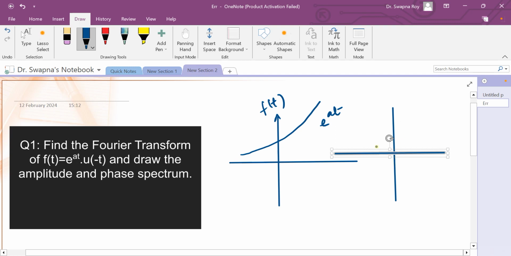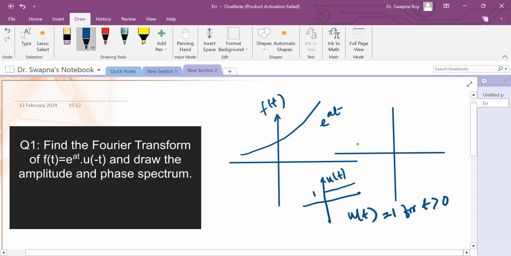In normal case, when we draw unit step function, that time we draw as ut is equal to 1 for t greater than 0. We write it, draw it like this. This magnitude of function is 1, and this is ut,